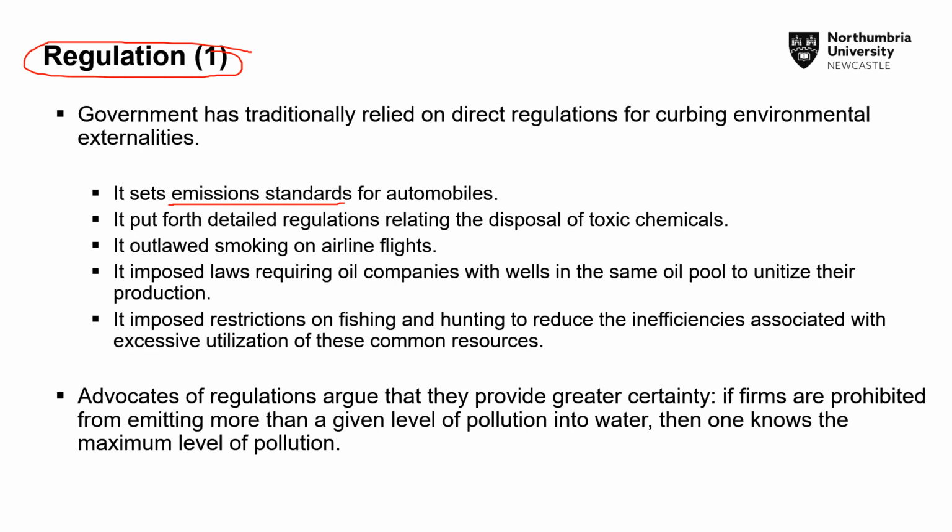Advocates propose that regulations provide a greater level of certainty. If firms are prohibited from emitting more than a given level of pollution into water, let's say, then one knows the maximum level of pollution that will be produced. So essentially you can plan ahead because you've quantified the amount of pollution. If firms are only permitted to produce 100 units of pollution each, and there are 5 firms in the market, then we know that the maximum level of pollution will be 500 units. So that is a purported advantage of